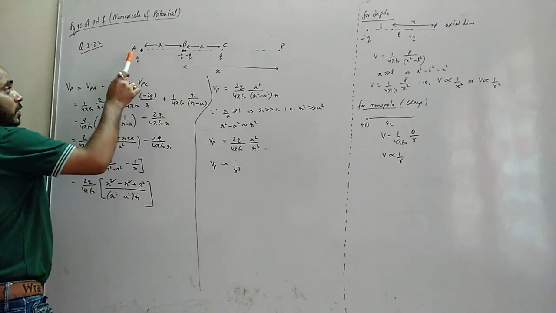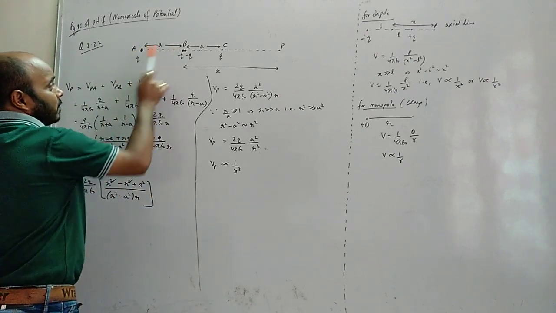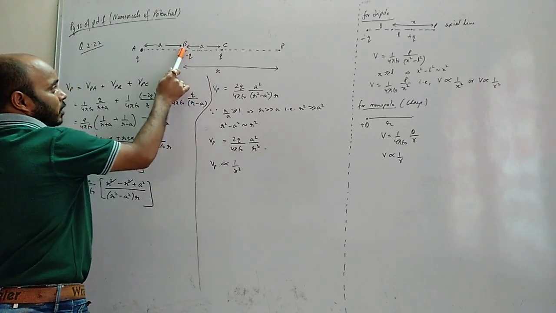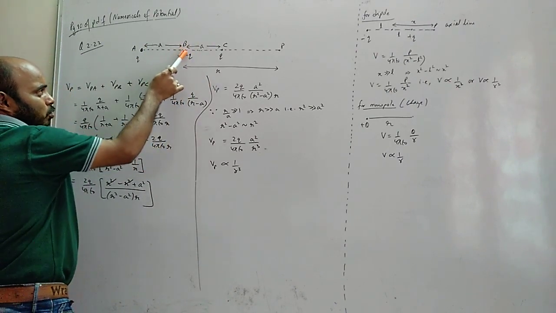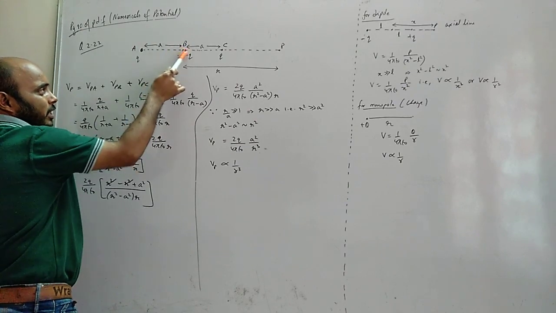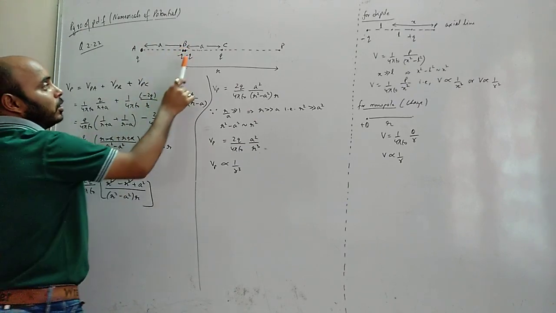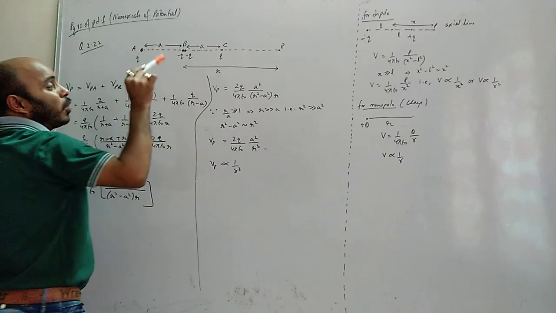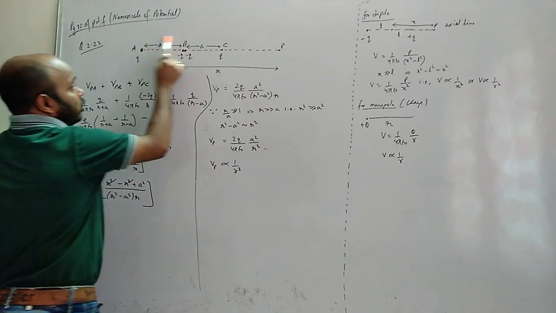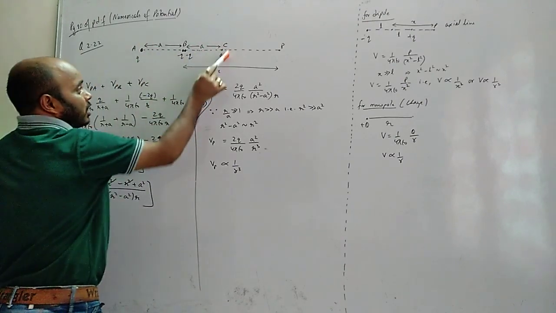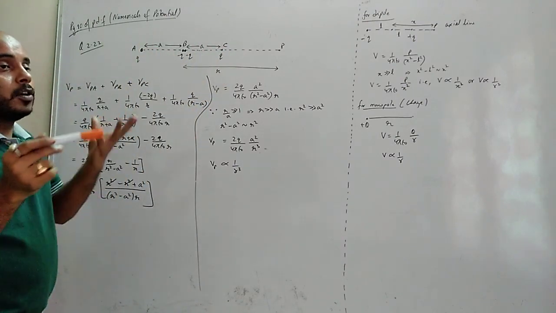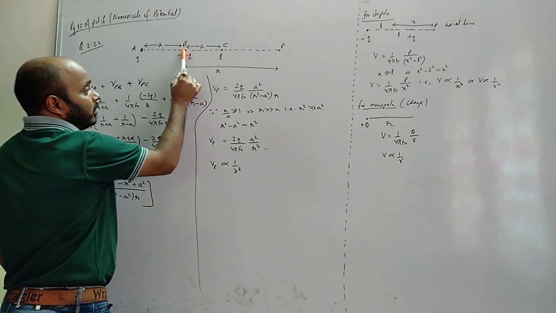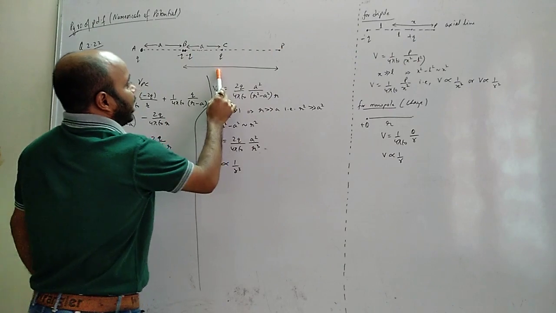So figure is given in this question. What is the figure? One dipole is AB, plus Q minus Q. Another dipole is BC, minus Q minus Q. They are very close to each other. That means these two are considered together as one charge, minus 2Q. This distance is given as A, this distance is A, and this is the center of the quadrupole. This whole thing becomes a quadrupole because there are 4 charges. From the center of the quadrupole to a point P, the distance is R.